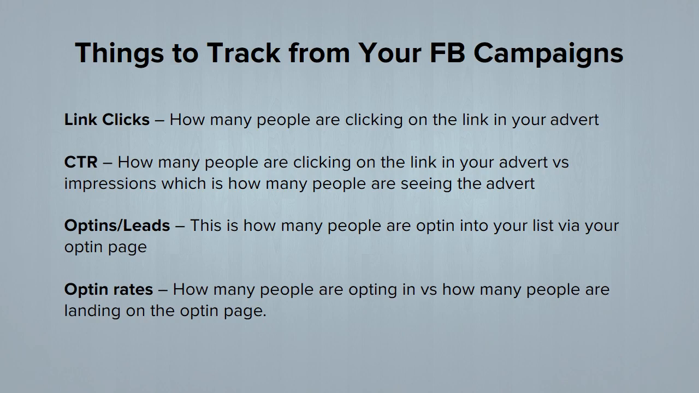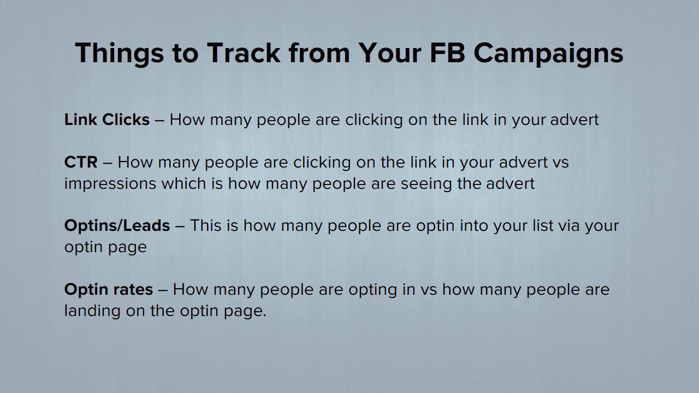CTR. CTR means click-through rate, and it means how many people are clicking on the link in your adverts versus impressions, which is how many people are seeing the adverts. So you know the click-through rate by dividing how many people are clicking on the link by how many impressions